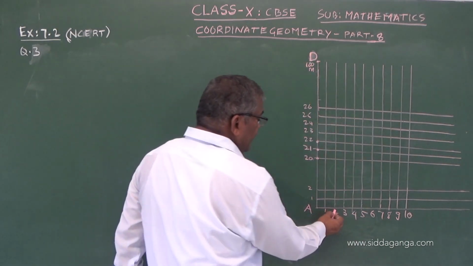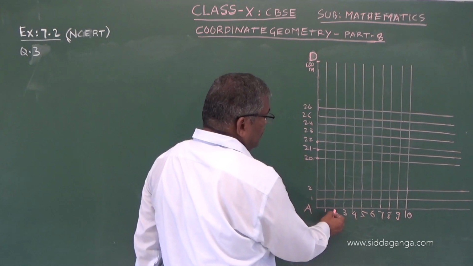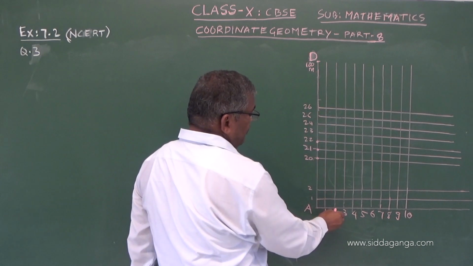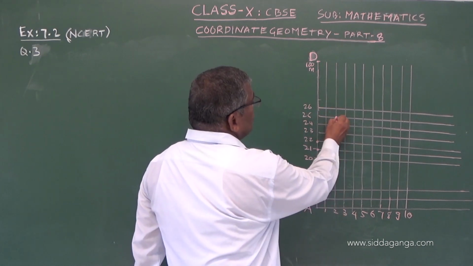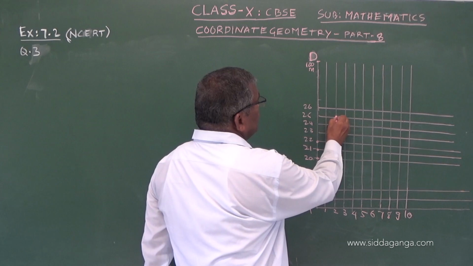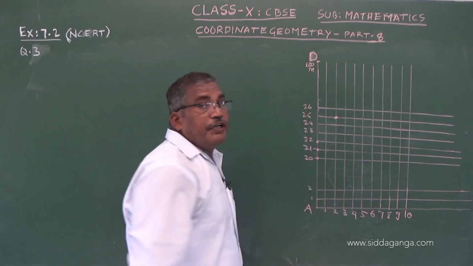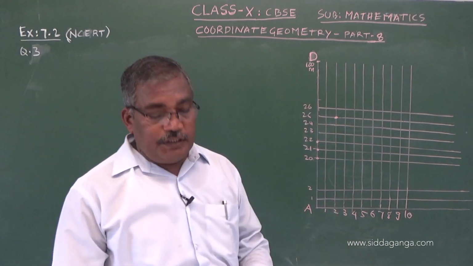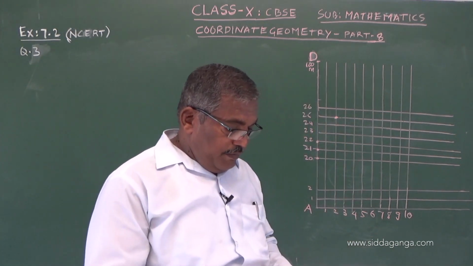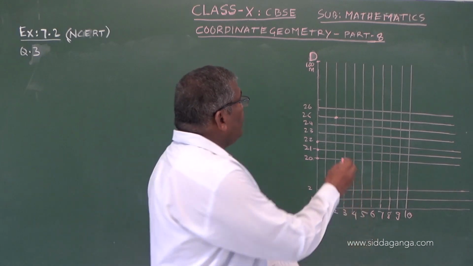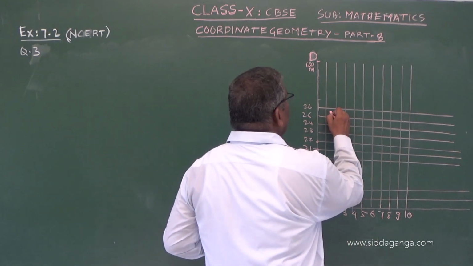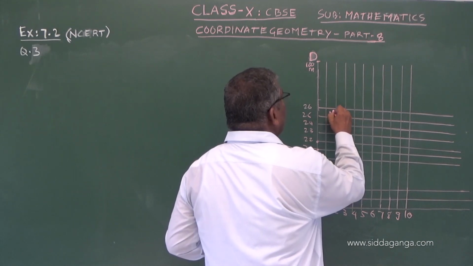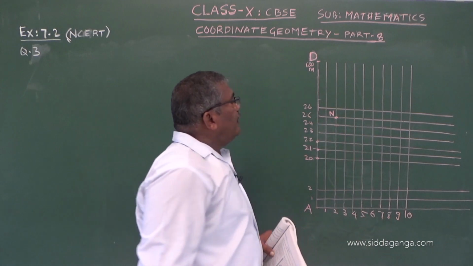So in the second lane, one student Niharika runs 1/4 of distance AD, means she reaches this point, 1/4 of 100 is 25, this point, and she places a flag there in that place. So now that's the meaning. So here Niharika, I will write N to indicate her name. Niharika places a flag here at N.